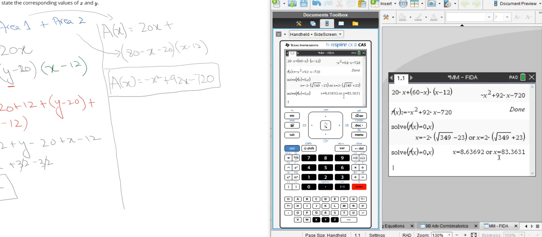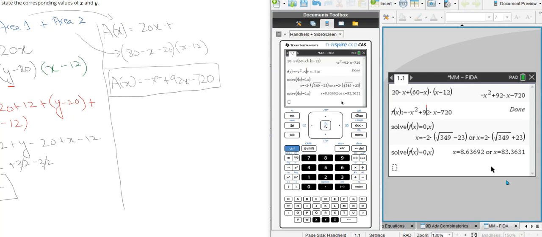Now, why does it stop at this point, 83.36? Try putting in 84, subbing it in. Just sub in 84 into your x and see your area value will come out to be negative. Try it out. Don't take my word for it. Try it out, please, and see for yourself. All right, so let's go on